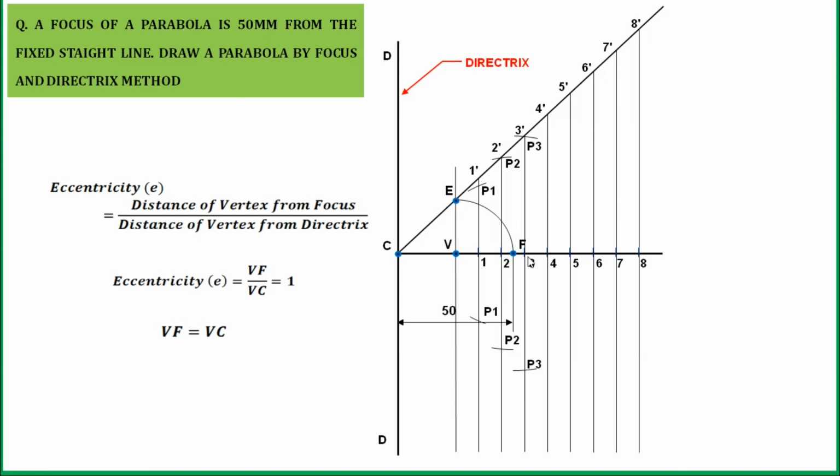Now next, to locate the fourth point, take the vertical distance 4 dash, taking F as a center, mark arcs over the same line 4 dash from both sides. Now for the fifth point, take this vertical distance 5 dash. By taking the focus as a center, draw arcs over the same line, that is 5 dash, from both sides. So in this way, you can use the vertical distances and locate the remaining points with the center F. Okay, now we have located all the points of the parabola.